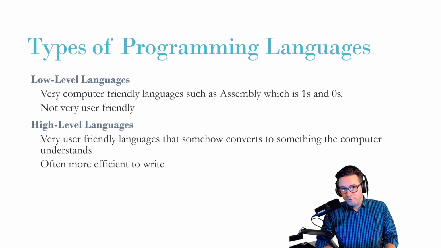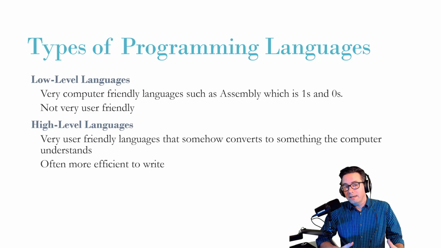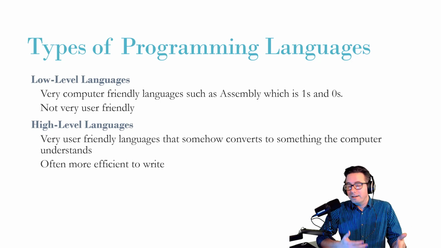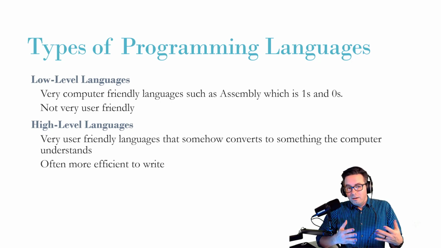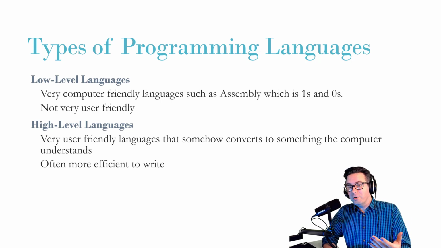It's not user-friendly, but it's super computer-friendly. Not too many people are programming in lower-level languages. It's not that it's not used, it's just that, as you'll see with Java, it's much more user-friendly,